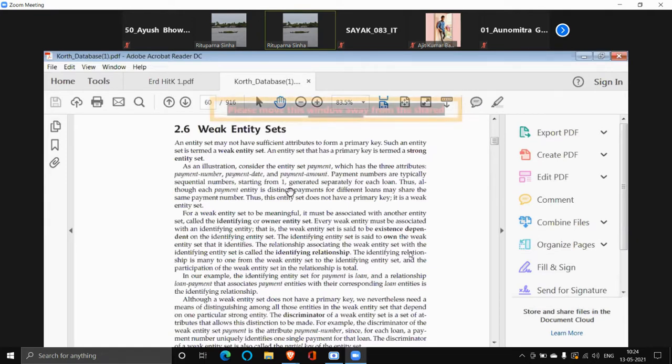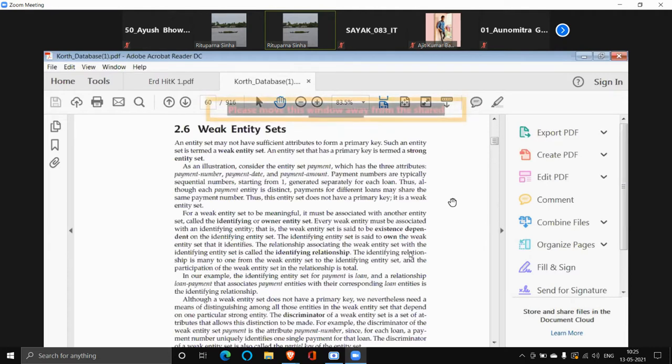So what are the things I said? What is a strong entity set? A strong entity set is one which can stay independently and which has a primary key of its own. A weak entity set is what? An entity set which doesn't exist until and unless another entity set is there on which it depends. Like here, payment is a weak entity set since payment cannot exist independently. Whose payment? Payment against what?